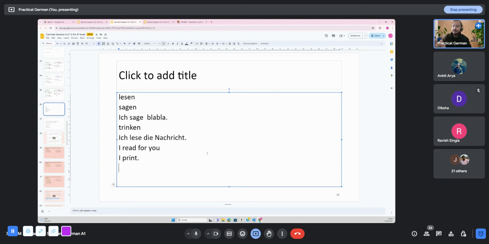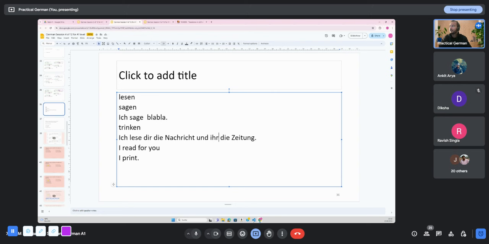Again, this is the standard definition. When you see a verb and the verb has two objects, both the objects can be accusative. For example, ich lese die Nachricht und die Zeitung. So here Zeitung as well is accusative, because both the things are directly influenced by this thing. But if I say ich lese, I read for you the message, and for her the newspaper. So her, it will be dative.